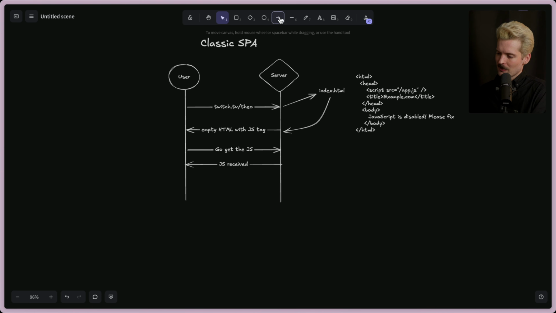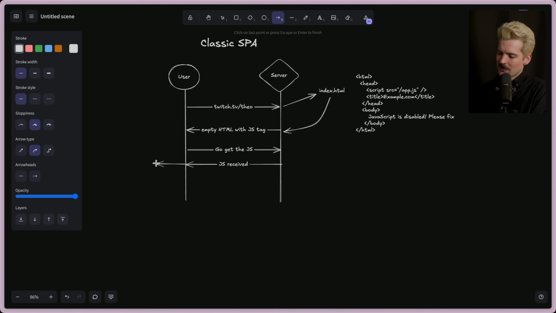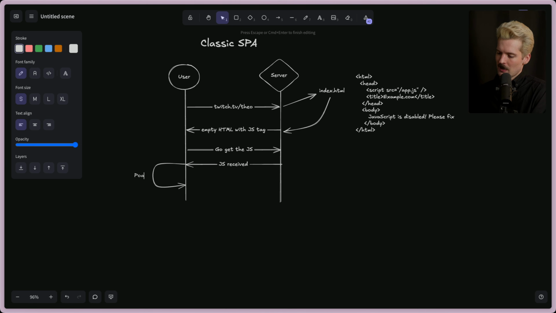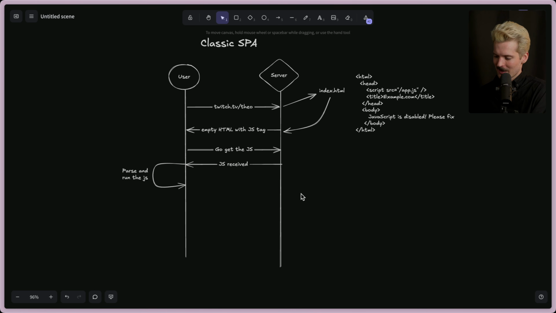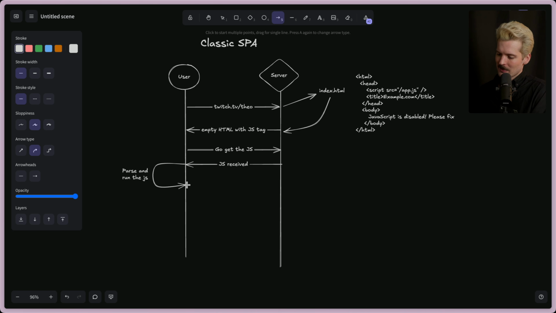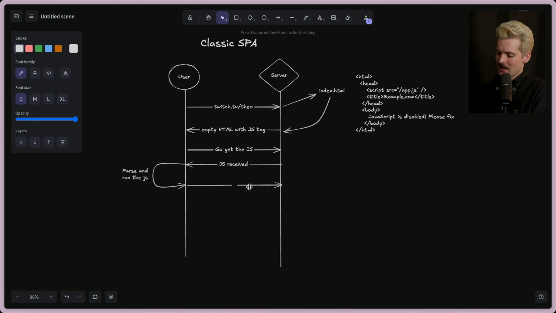Now the browser has to do some things. It has to process that JavaScript. So the browser has to parse and run the JS. And we're going to have to make these lines longer. And hopefully you're starting to see why single page apps aren't the right tool for a lot of stuff. So the page has to parse and run the JS. It then has to hit